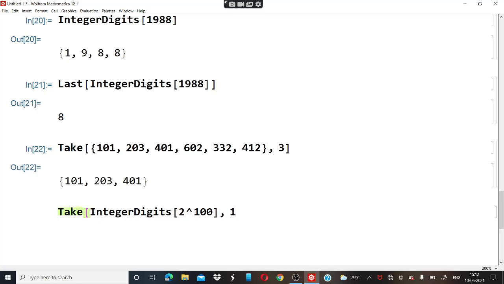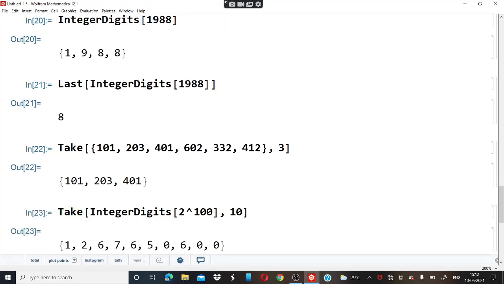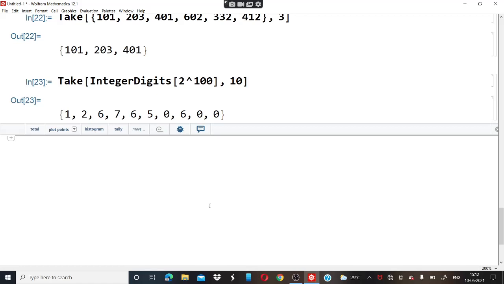So after that we write just 10, close the bracket, and press Shift and Enter. As you can see in this output, you are getting 1, 2, 6, 7. These are the first 10 elements of 2 raised to power 100. In this way you will solve the question very easily using just a few functions.